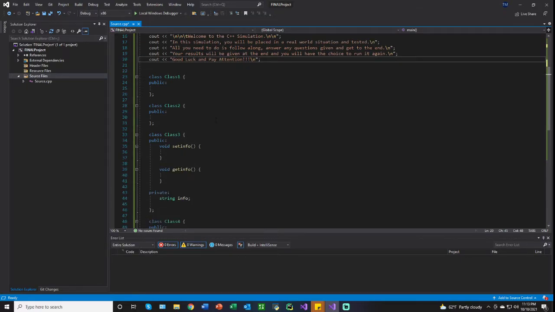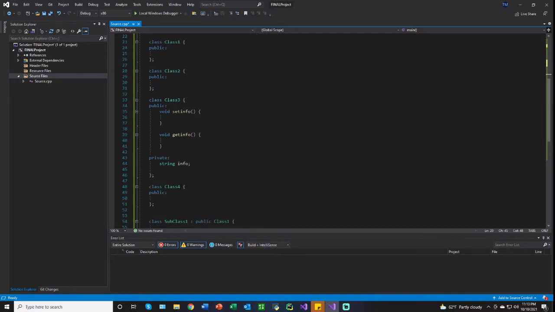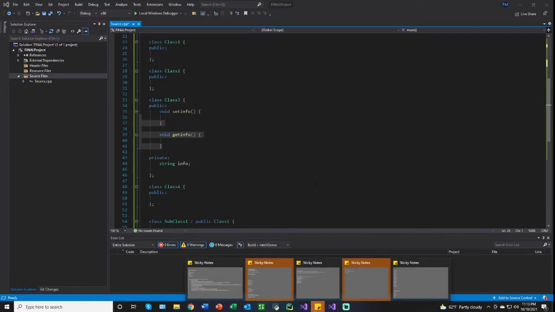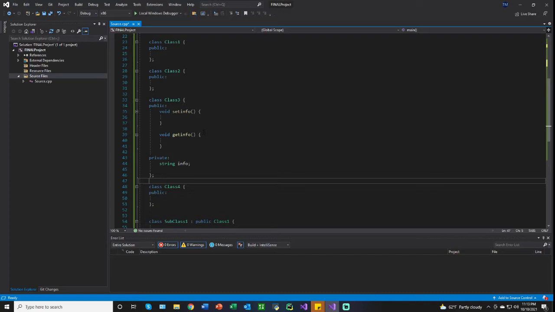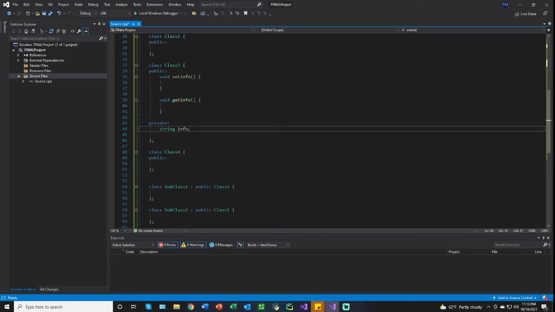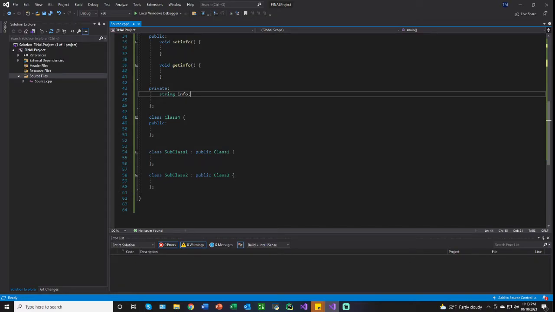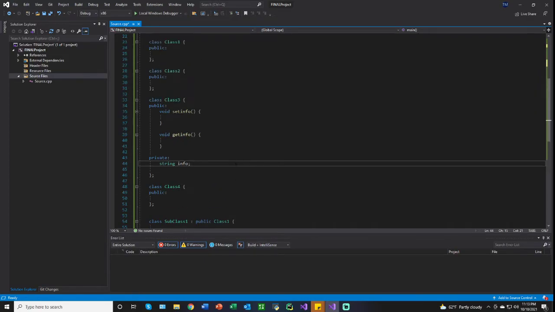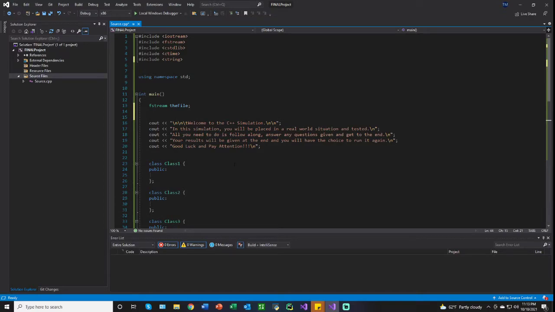Minimum of 4 classes. I've got that. These obviously won't be the names of them, but it's just setting them up so that I don't forget about them. Here is, if I remember correctly, the polymorphism, encapsulation. Yes. And then I've got the public and privates. I've also got the subclasses for inheritance, at least 2 of those. Like I said, these won't be named like this. I'll definitely change them, but I'll definitely have more to add.